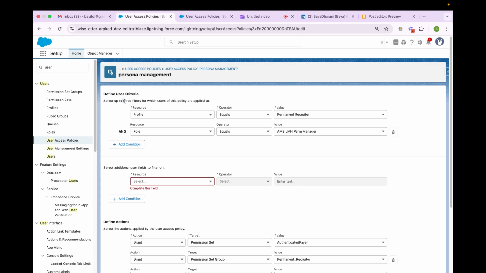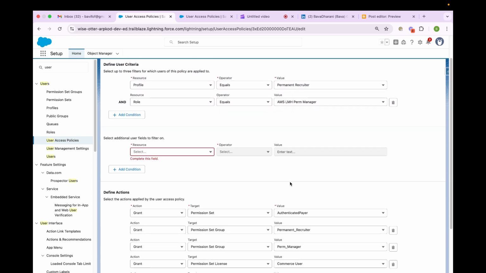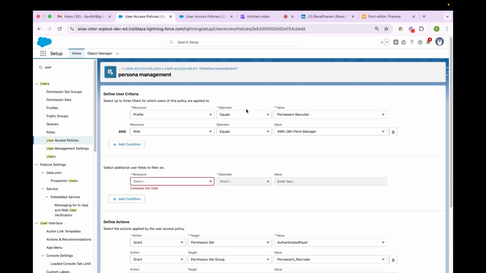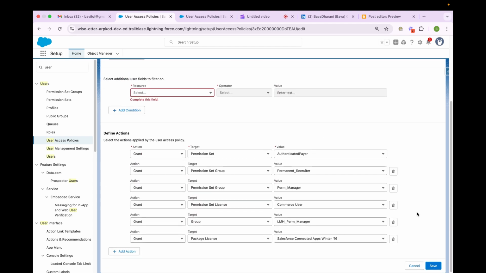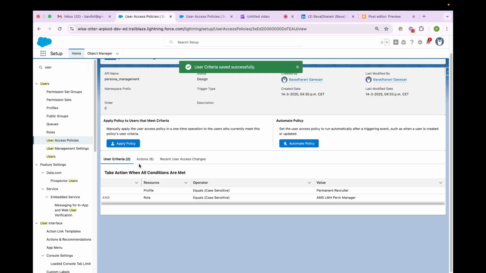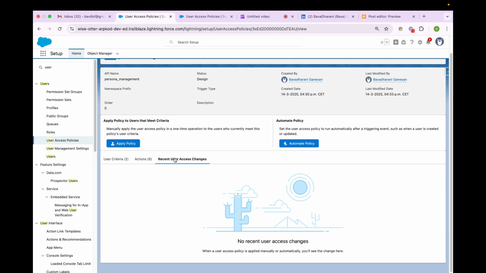You can add up to only 3 filter criteria for these user access policies. If you have more than that, we can't add it. But there are a lot of shortcuts to achieve this, like by using formula fields, we can evaluate and then use this as a criteria. Everything has a shortcut, of course. So you can see the criteria here and the actions, and I will explain this tab later when we apply